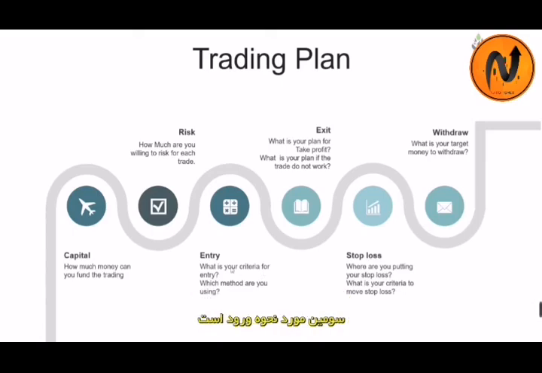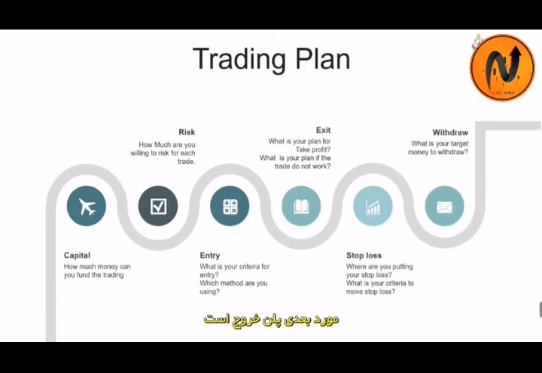The second is the entry. What is your criteria for entry, and which method are you using? Over this mini series, I will introduce to you RBS, SPR, QML, quick retest, and of course late retest. Which one is more comfortable to you? And which type of confirmation do you want to use? You have to know yourself well. A lot of people ask me, but I can't answer this for you.